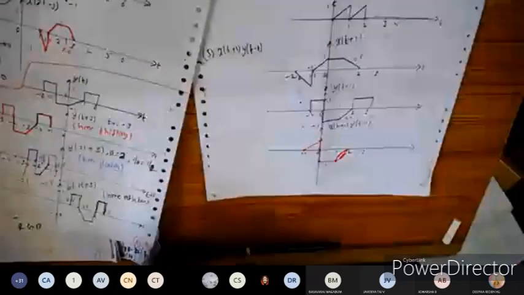At t equal to 1.5, it is 0.5 here. Minus 0.5 into plus 0.5 will become minus 0.25 here. So the waveform will become like this. Whenever both are falling lines, we need to take the intermediate value. So the waveform will become like this, and you can take it as a smooth curve here. Okay, done.